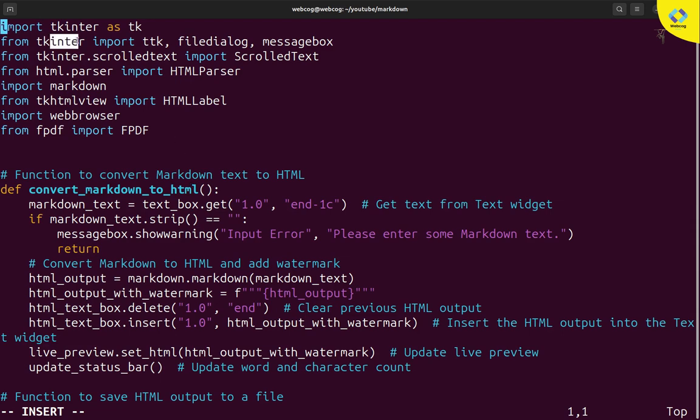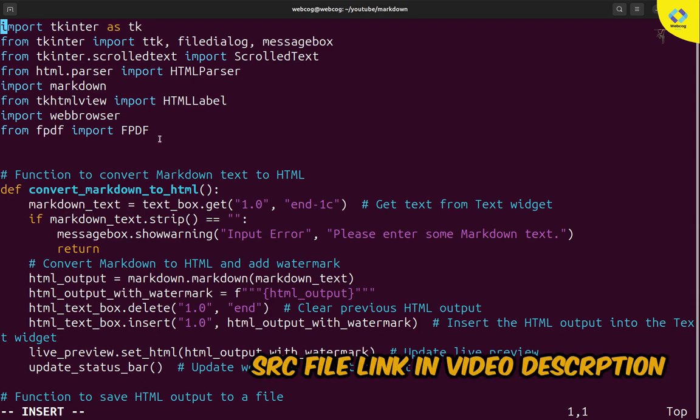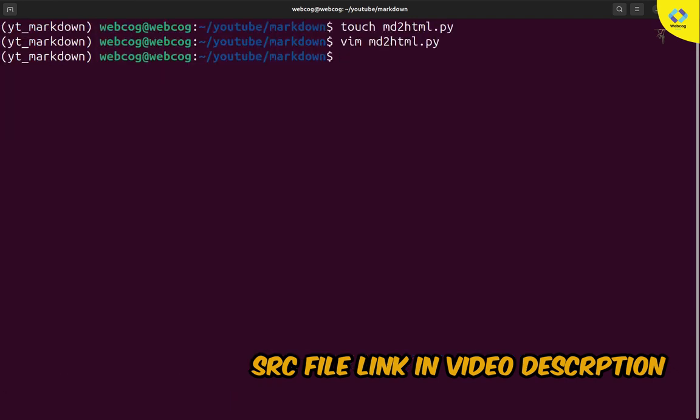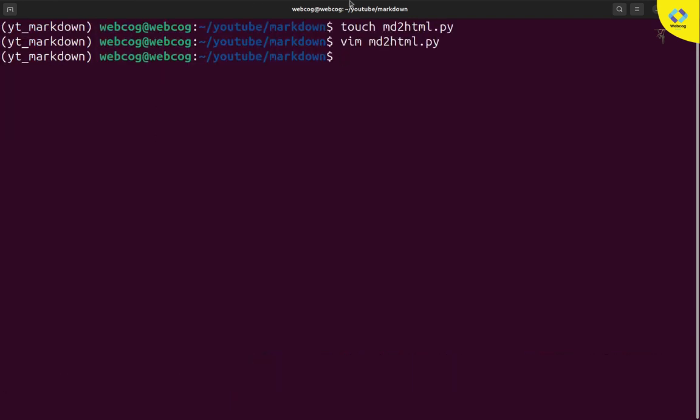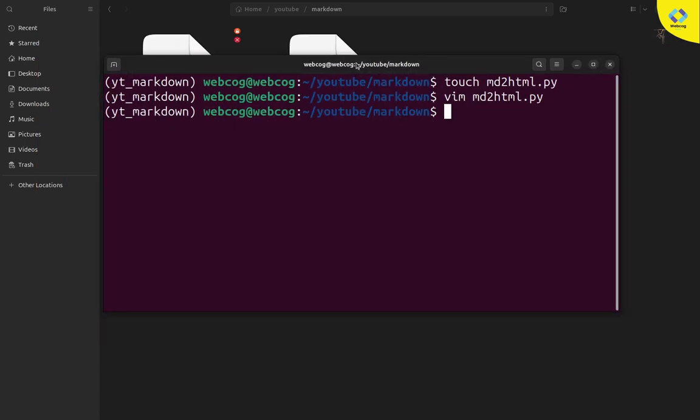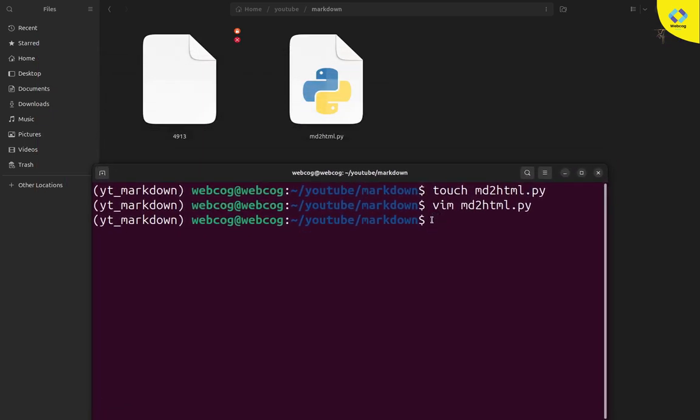For this I used the Tkinter library, and after that I used Markdown, the tkhtmlview library, webbrowser and the FPDF library. If you guys want the source code of this file, I will also give the source code in the video description, but you need to pay for the source file because this is not part of our video. Our main aim is how you can build a